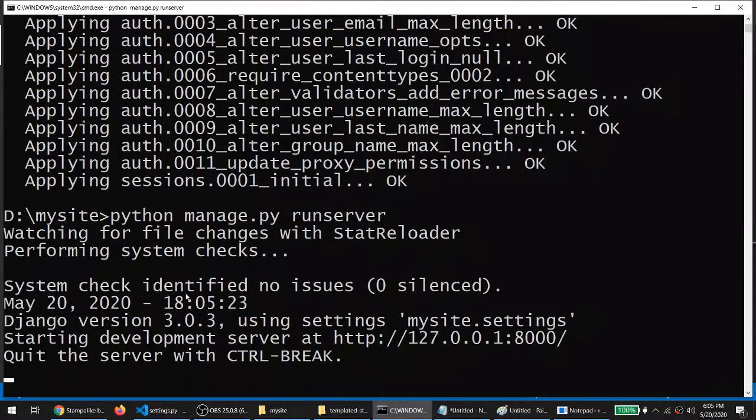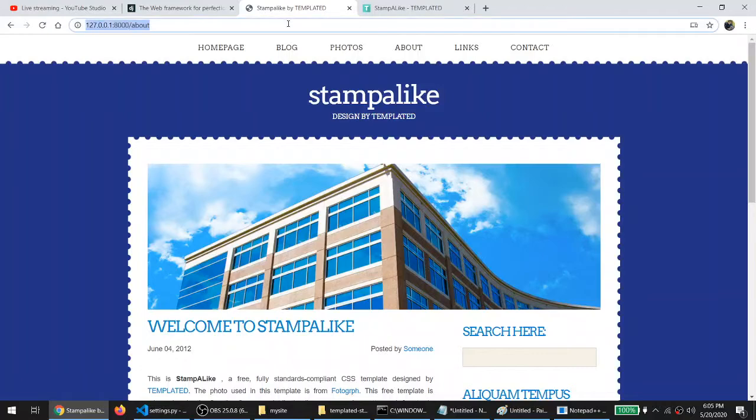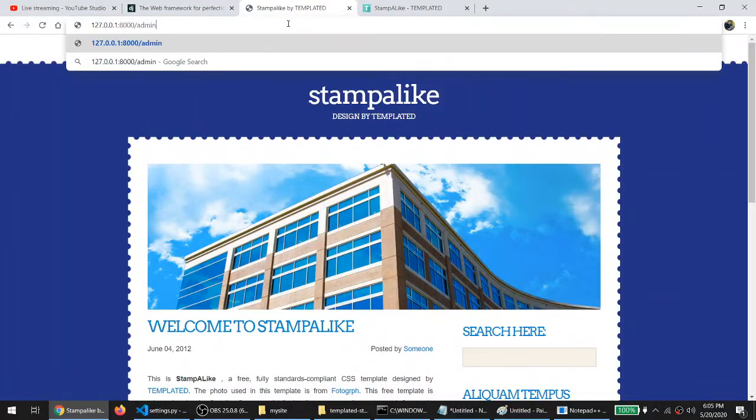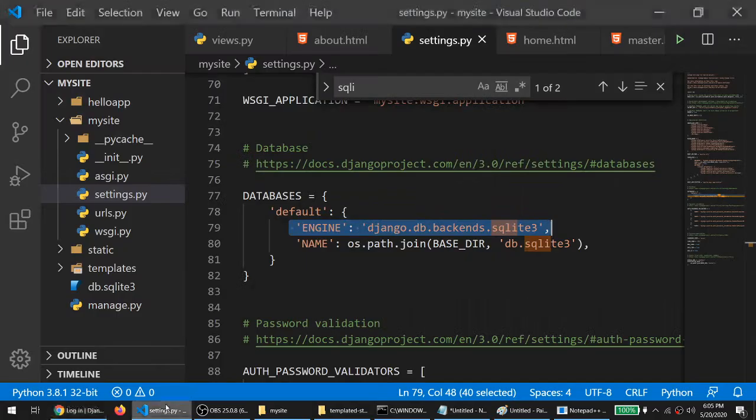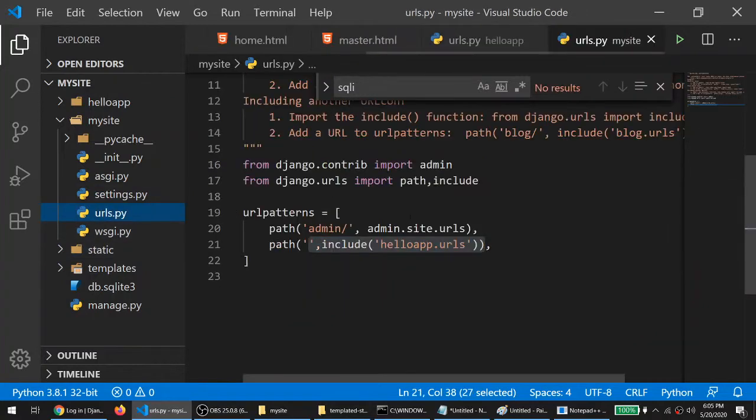Now if I open the project and type admin, I know we have not specified any admin section over here, but by default in the urls.py you can see Django is providing an admin section, right?